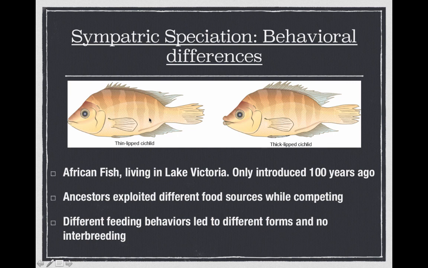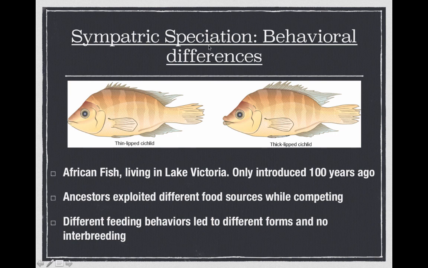Another one is with these fish in Lake Victoria, which is in Africa. These fish were only introduced into the lake about 100 years ago, I think, for sport fishing and things like that. But their ancestors, they exploited different food groups. You have two types of cichlids here, this one which has the thin lips and this one which has the thick lips. But they fed at different areas within the lake, and the different feeding behaviors led to different forms,